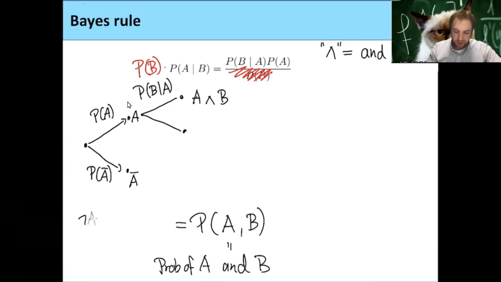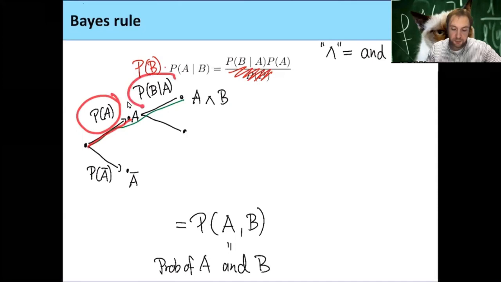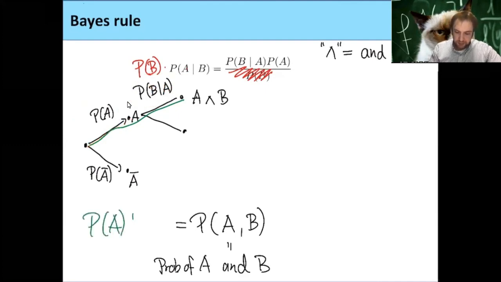This we can calculate by going this path here. And going this path means we first need to take the probability of A and multiply it with the probability of B, assuming A. So this would be P(A) times P(B|A). Okay. But what we could also do, we could start thinking about